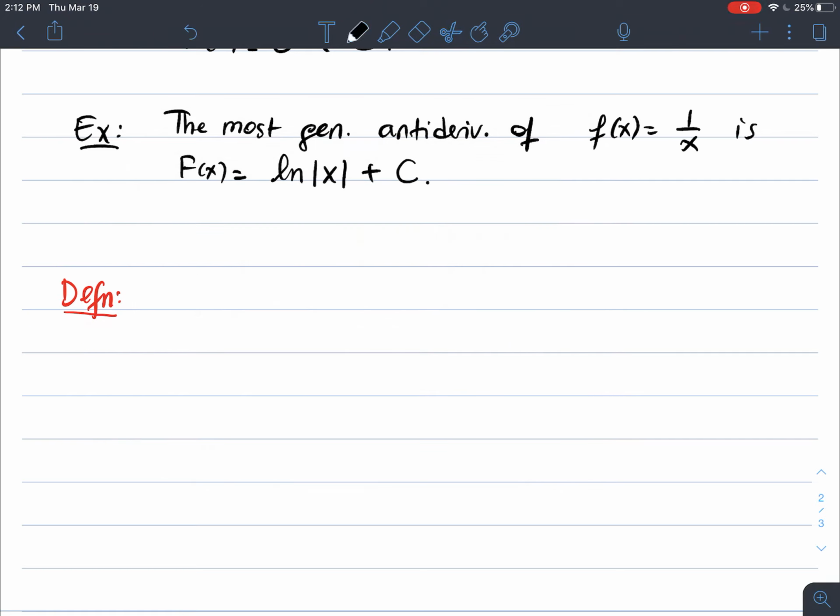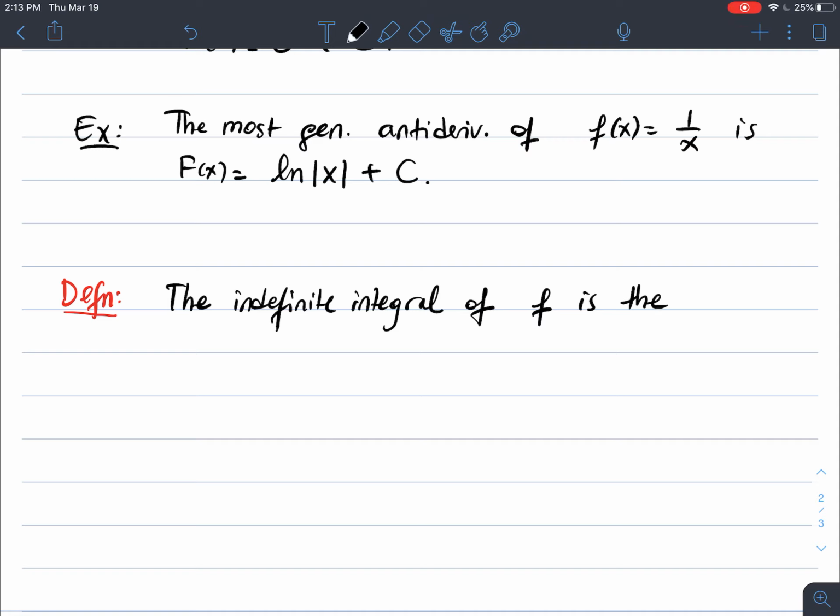Okay, so the indefinite integral of the function f is